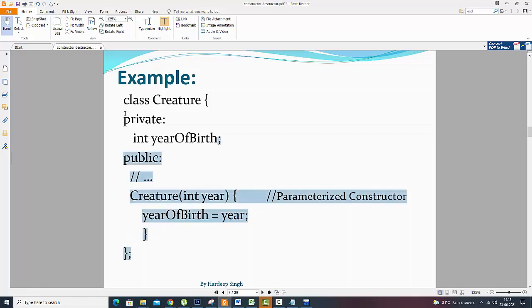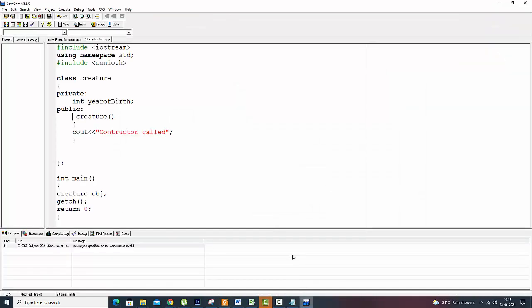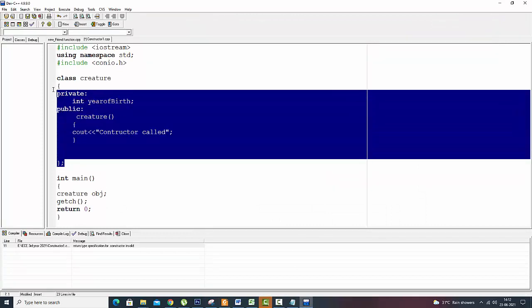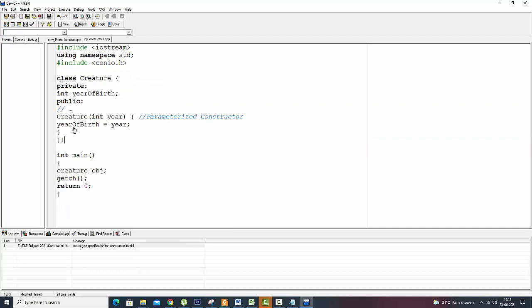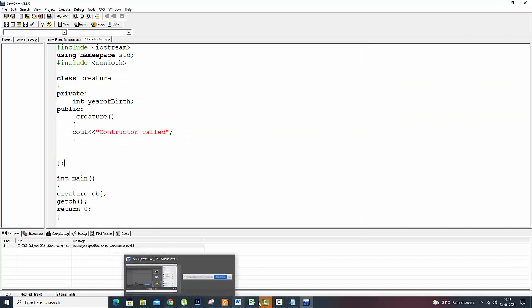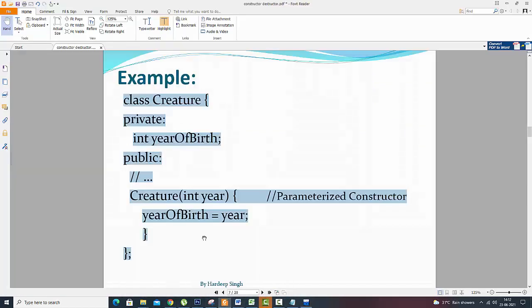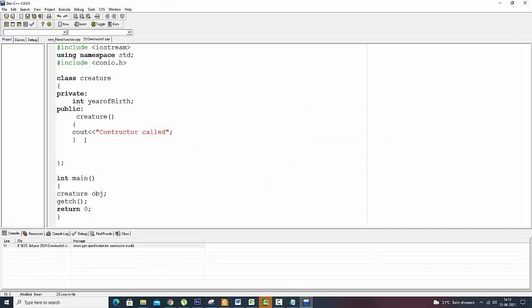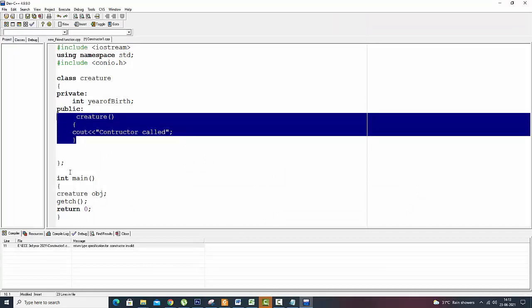If we copy this portion and put it in the program which we have already done, no need of replacing the total thing, we just want to replace that portion only, the constructor part.